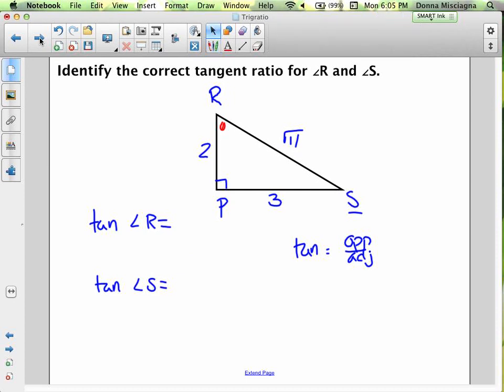I won't always write down, hey, this one's in your notes. You just follow along and make sure everything in your notes gets filled in. All right, so here we have angle R, and I put the theta symbol because that's the angle we're interested in. So the tangent ratio for angle R